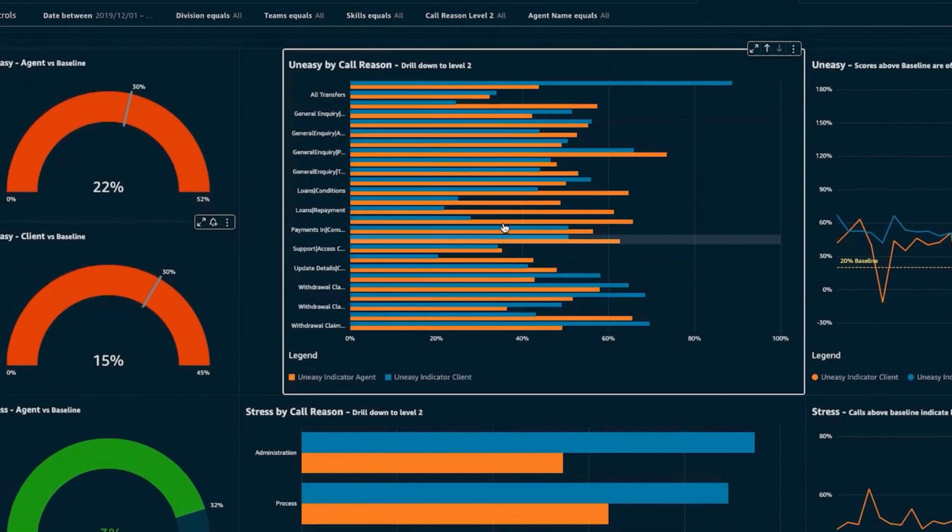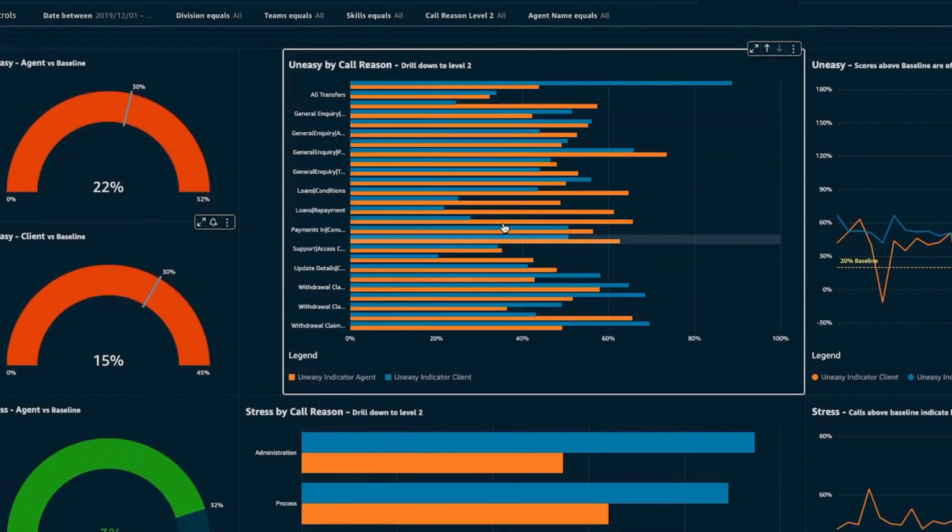And again, we're able to rank stack these for different use cases, whether they be for transformational digitization efforts by the call center, by the business. And what Rob's hovered over here is this is payments in, consolidation and deposits. And we can see that agents are much more uneasy than what they should be. What this has led this client to do is to reconfigure the process and the product for a better customer